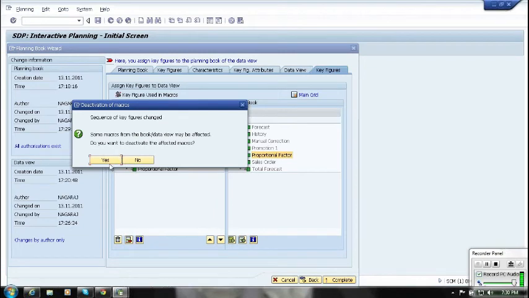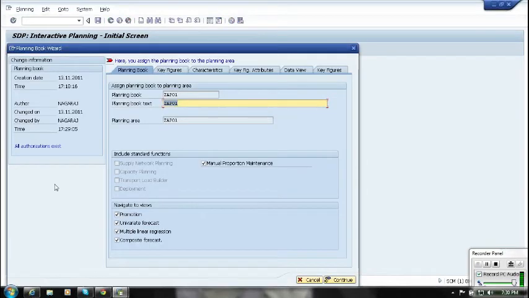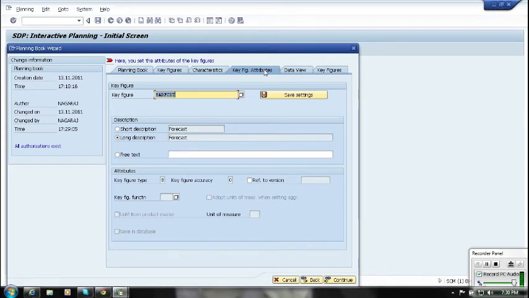And other than this, we still have some features for the planning book. If you go to change, when we are creating a planning book, we can see only planning book, key figures, characteristics, data views, and key figures. After you save the planning book, you will get another option, the key figure attribute. Here, if I want to change any attribute of the key figure, I can change it.